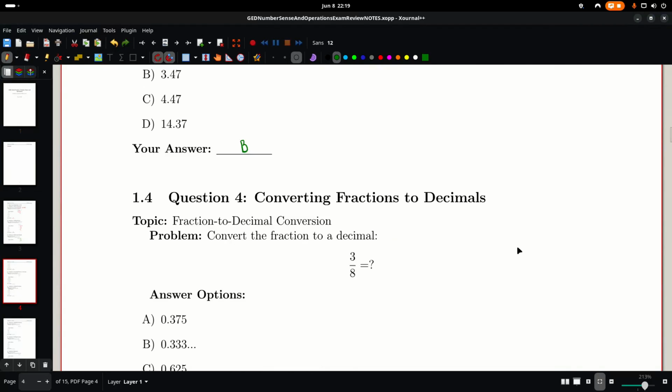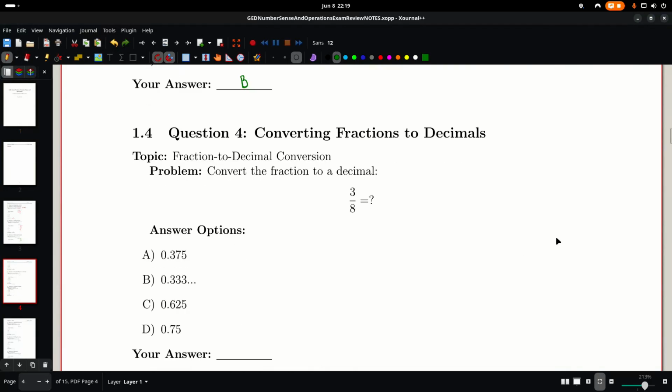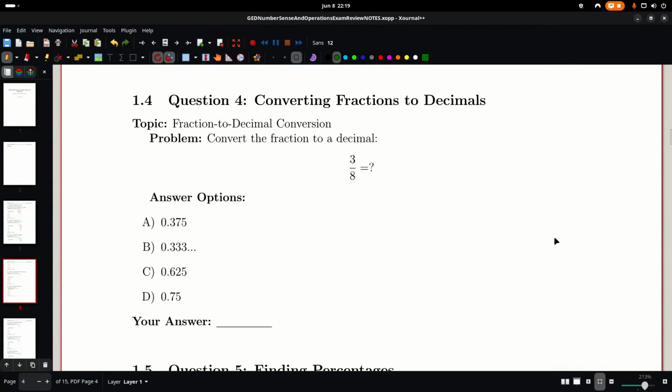And we've got question 4. So converting fractions to decimals. And so here we've got 3 divided by 8. If you have the calculator available to you, then you can go ahead and use that, or you can think about 4 divided by 8. So 4 divided by 8 gives us 1/2, and that's pretty close to 3/8. It's a little bit bigger, and that's equivalent to 0.5. So we know that we can't choose D and we can't choose C,